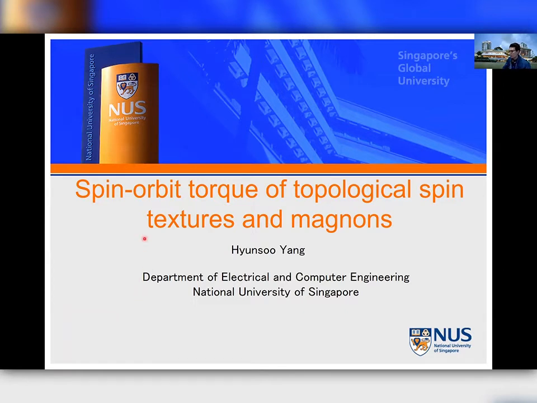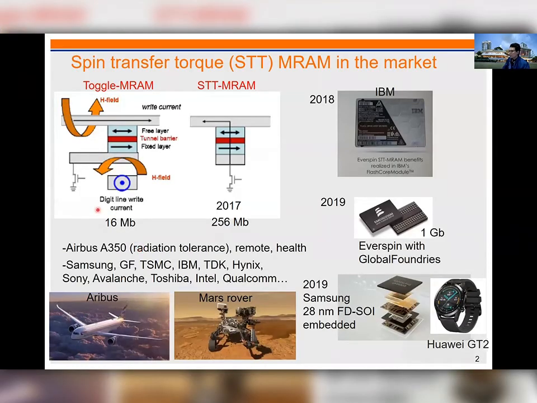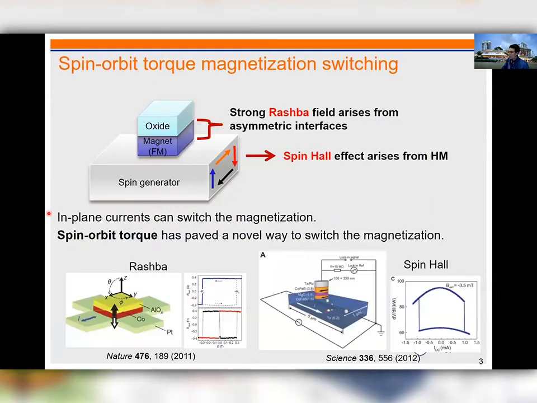So today I'm going to talk about spin orbit torque of topological spin textures and magnons. If you look at the recent success in the spintronics community, spin transfer torque based MRAM has been successfully commercialized in various applications. So as academics, we have to think about what will be the next generation magnetic memory technology. We often talk about spin orbit torque-based magnetization switching as one alternative,